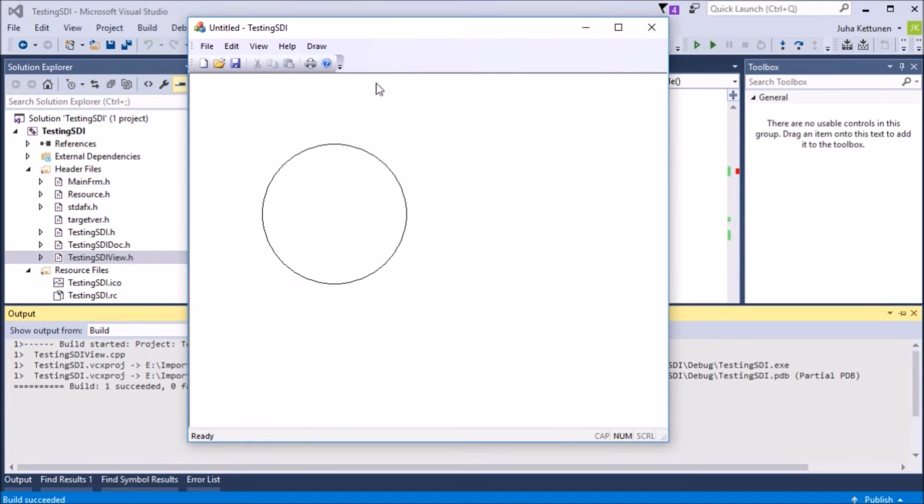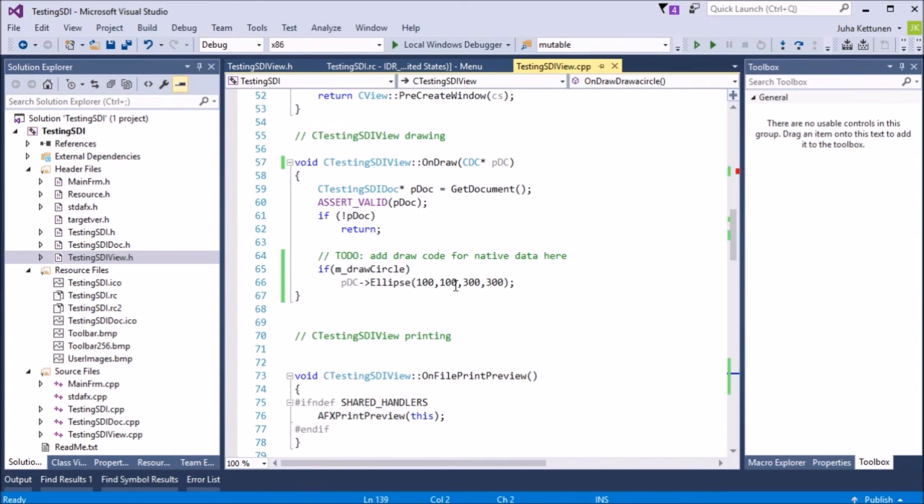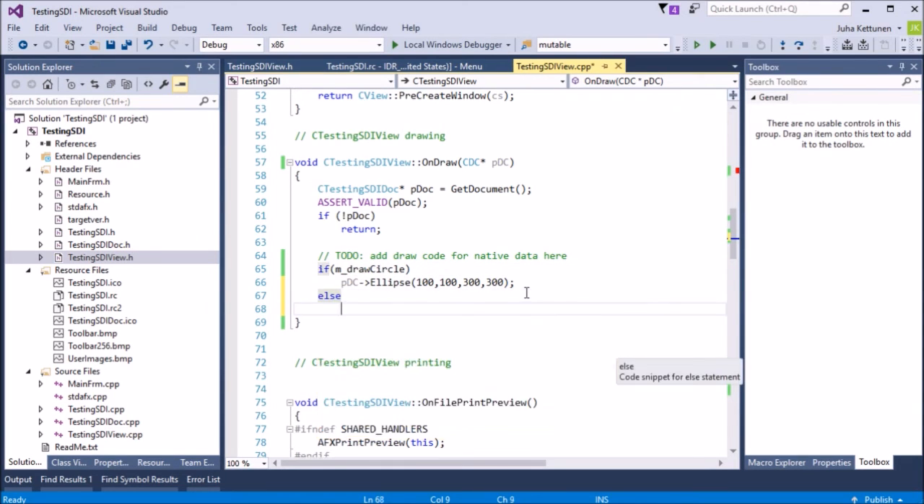Okay, so the circle is initially here. Then I say draw rectangle, and we can see that it disappears. And if I say draw circle, it comes back here. Okay, so let's now do the rectangle next. So if draw circle, we do this one, else we will draw the rectangle. And drawing the rectangle was something like